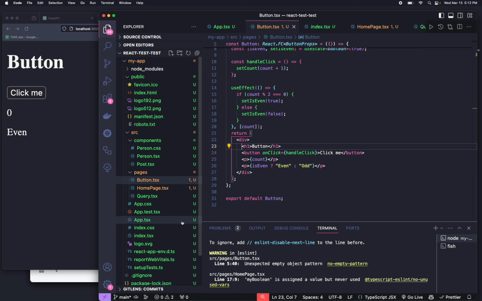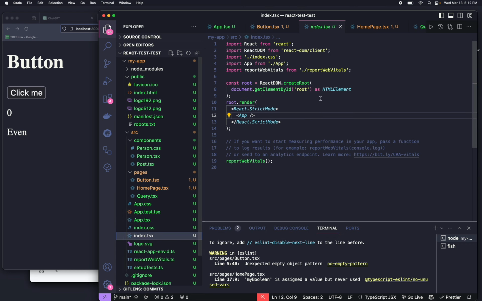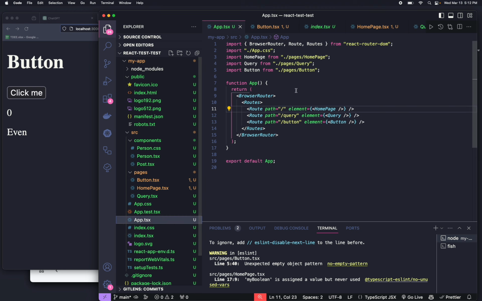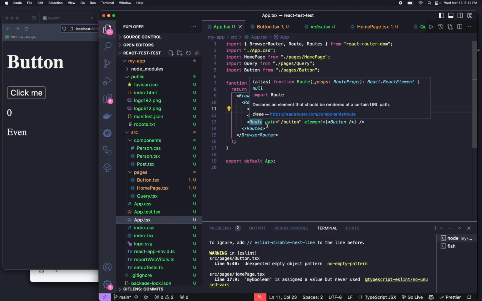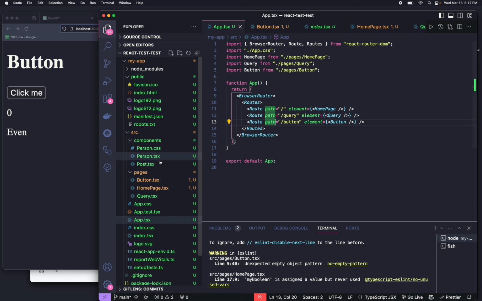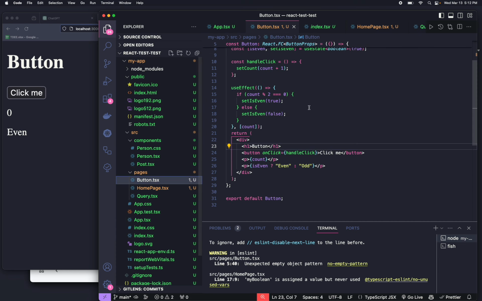So we have the index.html goes to our index.tsx, which renders the app. The app here we have with a bunch of different routes. If we go to the button route, we will see what we saw before, which is this div is what's getting returned whenever we put button somewhere. It's a lot of steps. This is a lot of